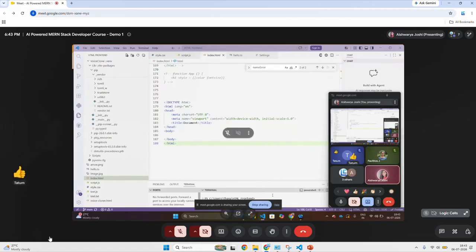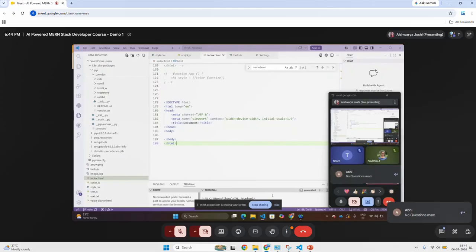So the other day we discussed what is boilerplate, what does this doctype HTML mean, and what is HTML lang. Okay. So today we will start with HTML. What is the element in HTML? How do you create an HTML? Okay. So do you guys have any questions with what we discussed the last day? Okay. So we can move into the next one. I'm assuming there are no questions.